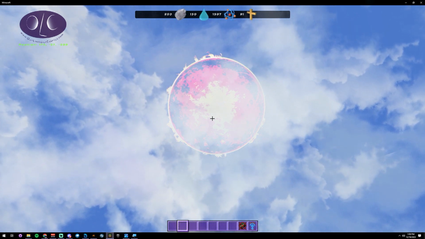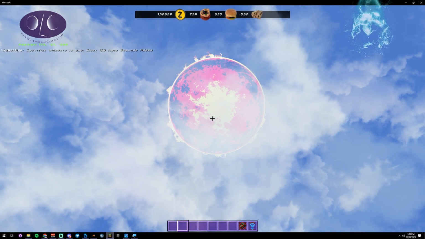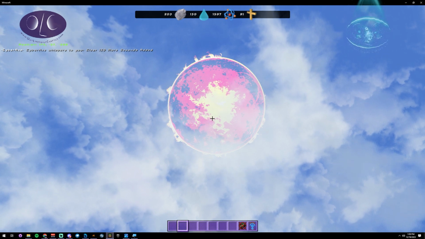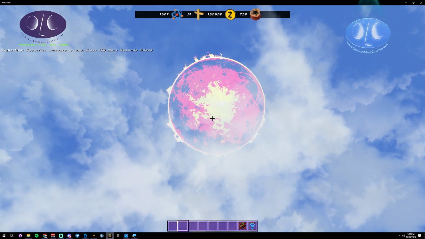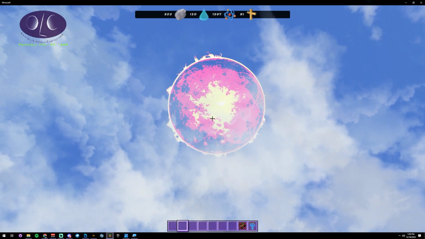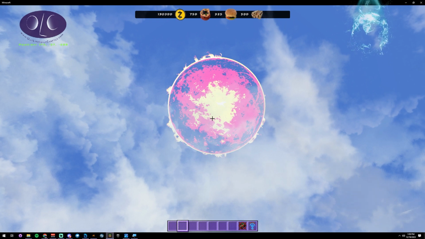Now, you don't need to do it with a BP pack. You could do it with a command block. You could do it with anything you wanted, an NPC. It's just going to pop up and be there. The problem is that it's only going to pop up and be there for 1 to 3 seconds by default, and then you need to run the command again to keep it there, or you need to edit the HUD file